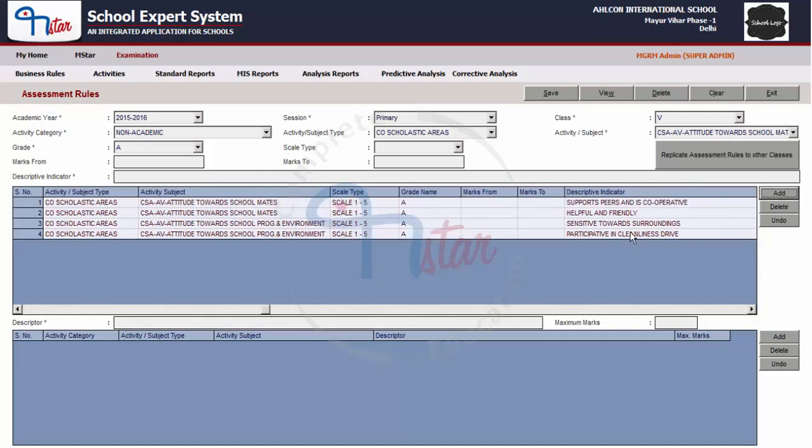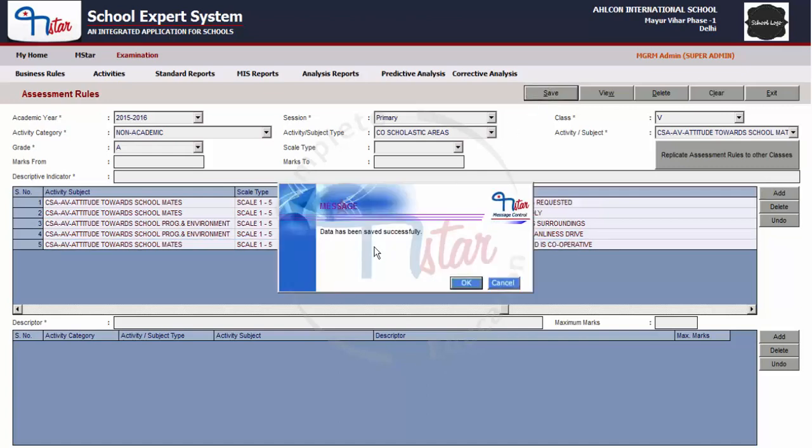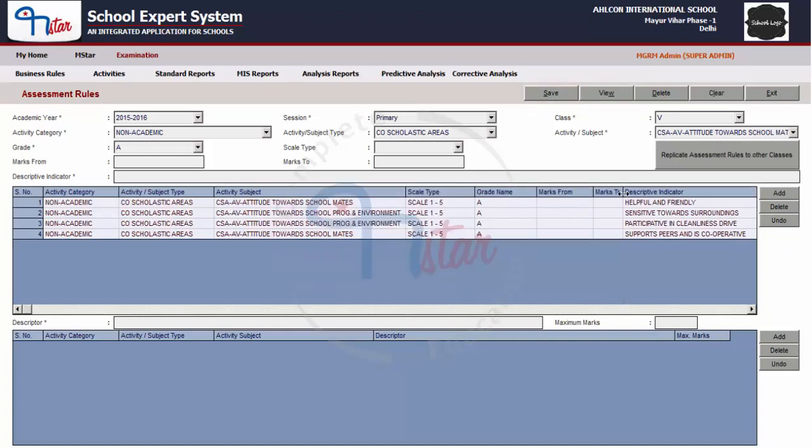You will see that the updated indicator overrides the existing indicator. Click on button Save to save the changes and the data saving confirmation message is received. So the modification replaces the existing indicator that we selected and modified.